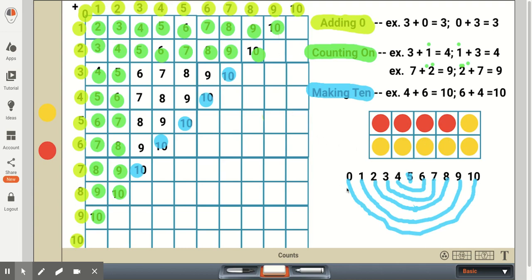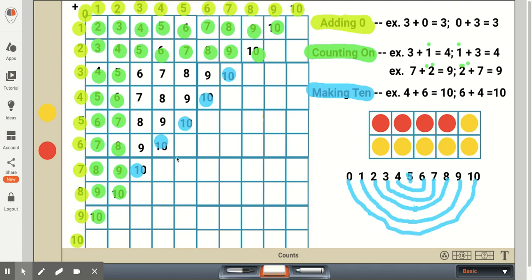And one of the helping aids for them may be to write out the numbers 0 to 10 and create this rainbow so that they can connect the 0 plus 10 or 10 plus 0, 1 plus 9 or 9 plus 1, 2 plus 8, 8 plus 2, and so forth until they get down to the 5, and that would be 5 plus 5 equals 10. So eventually we would want the students to know their combinations of 10, which is so important, as are all of these strategies, but especially knowing the numbers that add up to make 10.